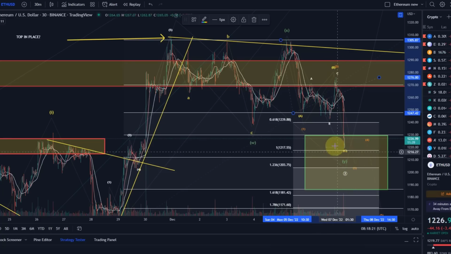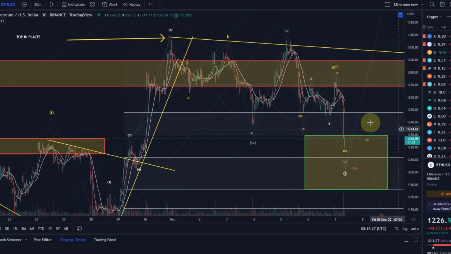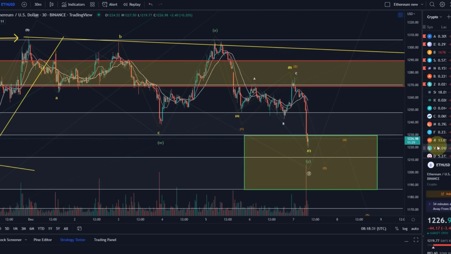So we've nearly reached that as well, okay? And the second target would be 1181. So it's not possible to specify that any further. As you can see here, we've got the fib levels as well, the retracements between 1185 and 1230. Now 1230 is already broken. Next key support is probably here, the 61.8% retracement, 1210 or 1211, and then that 1185